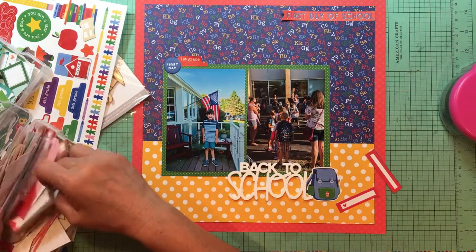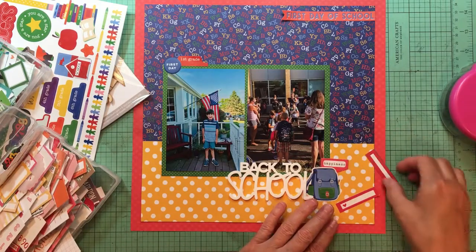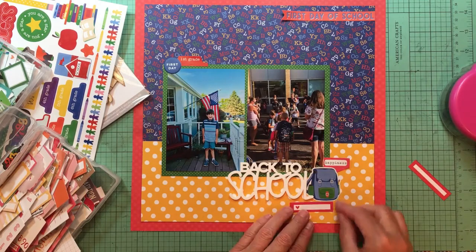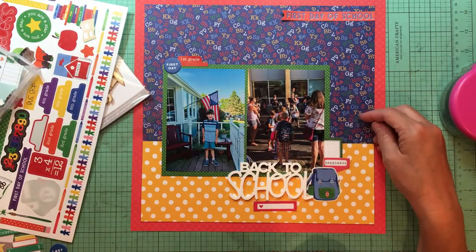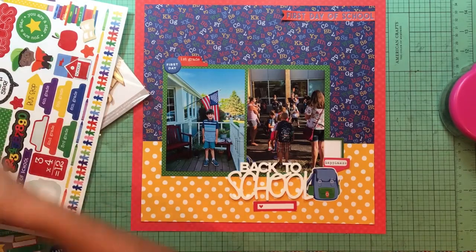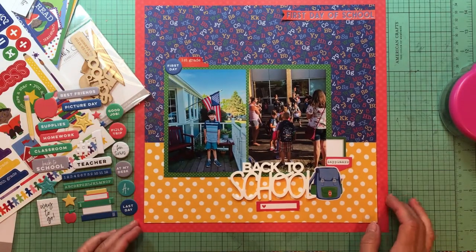Decide I don't like that label, and this is what I do. I just flip through this box. Sometimes I'll dump it out, but usually I find it a little bit easier just to flip through. And then I find this little happiness tab, which then I put over the top of the backpack, grab my little journaling spot there. There's not much to say here. It's the first day of school. I just need a date and that. And then I move that other label with the heart down to the bottom,